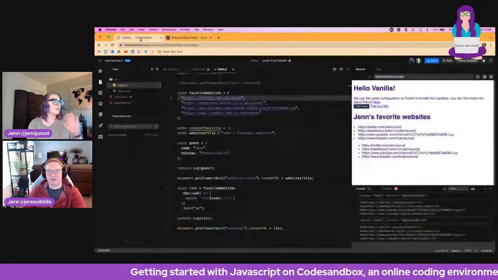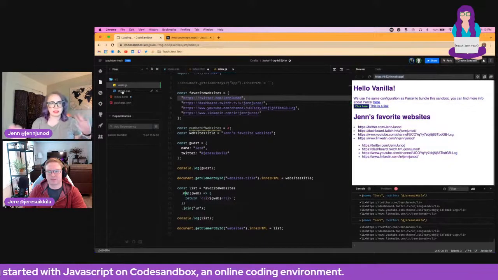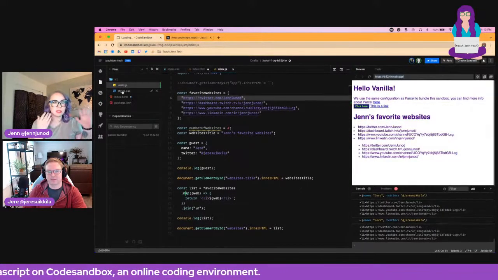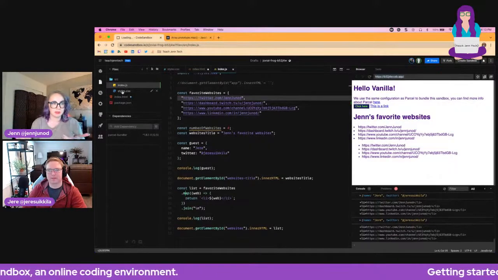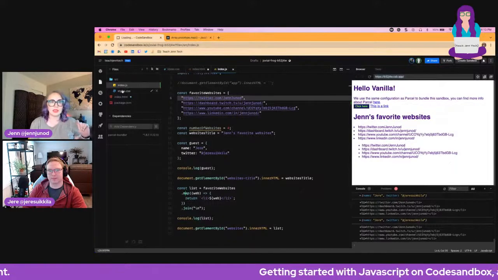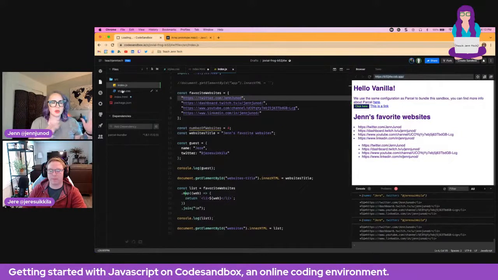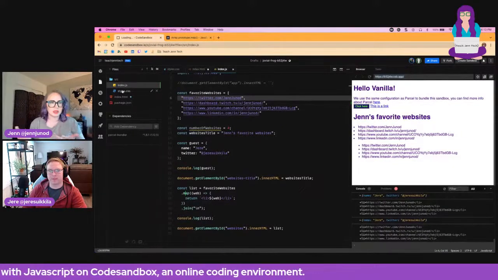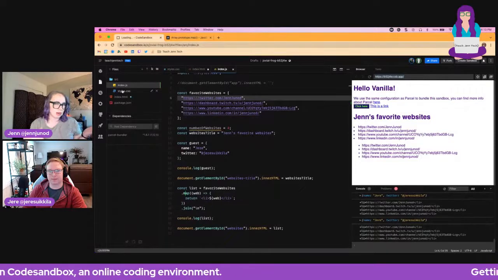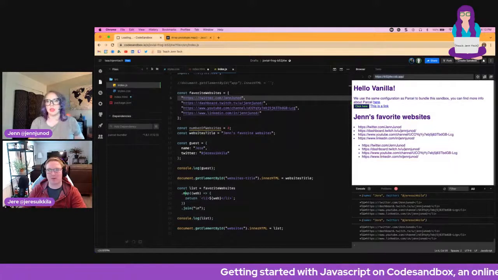So let's see if I can recap it well. We started with CodeSandbox.io because it allows you to code and then you can see it on the right side. So it gives us an instant visual. Where something like Visual Studio Code, what people call VS Code, doesn't always give you the instant view. You have to actually have it open in the browser. Yeah, you have to have it open in the browser, and that's a little bit extra on top of this.